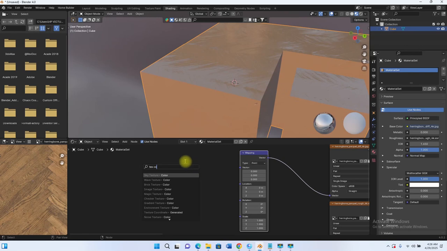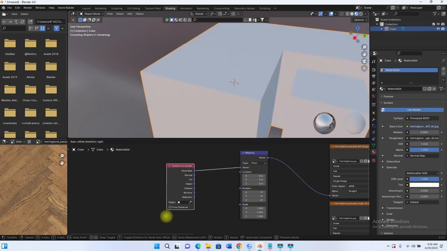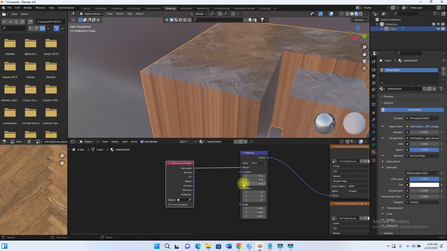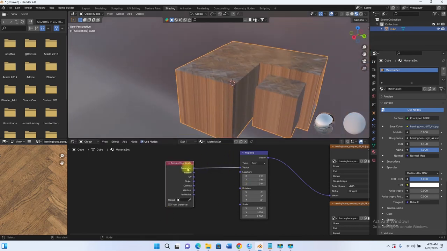So I will look for texture coordinate, which is here. You can see the work that I have to do. So now the texture coordinate is trying to use the generated information, but I don't want that. I want the texture coordinate to be based off of the UV that I've used. So if I drag this into my UV,